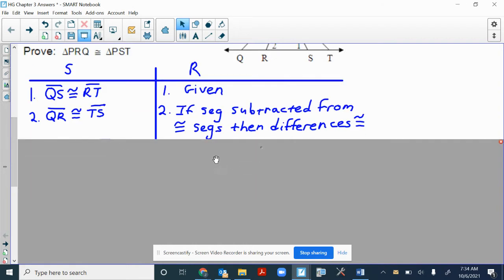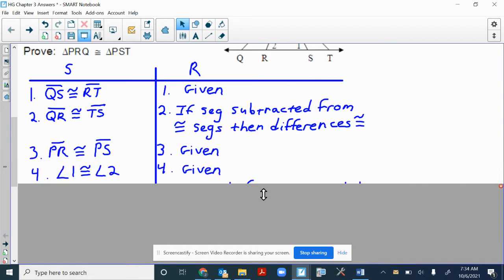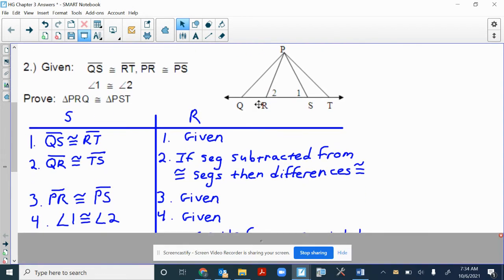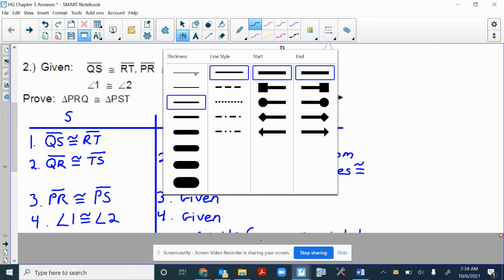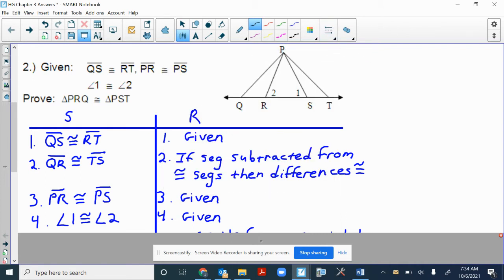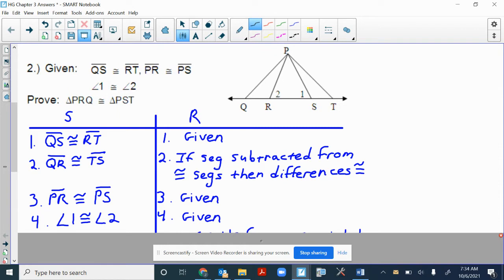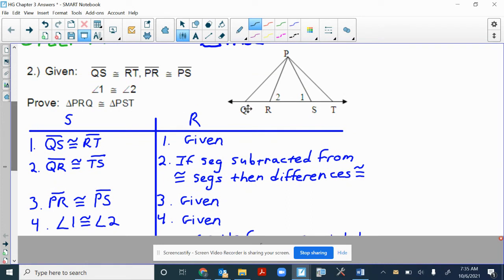All right, and then we're going to throw in the next two pieces of given information. So PR is congruent to PS. So right now, so far, we have proven or been told that, hold on. My smart board's going crazy. Whatever, it's not working. So yeah, we've been told that we have those two angles congruent, that side congruent,